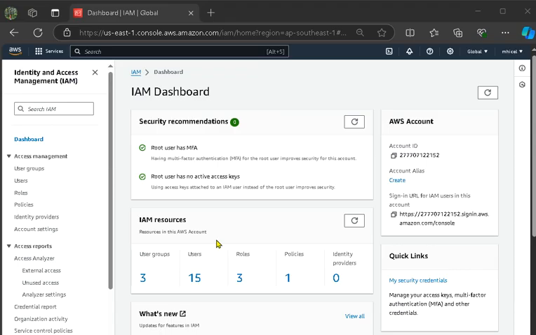As you can see on my screen, I am on my home console, on the IAM dashboard, where I already activated and can manage the MFA authentications.